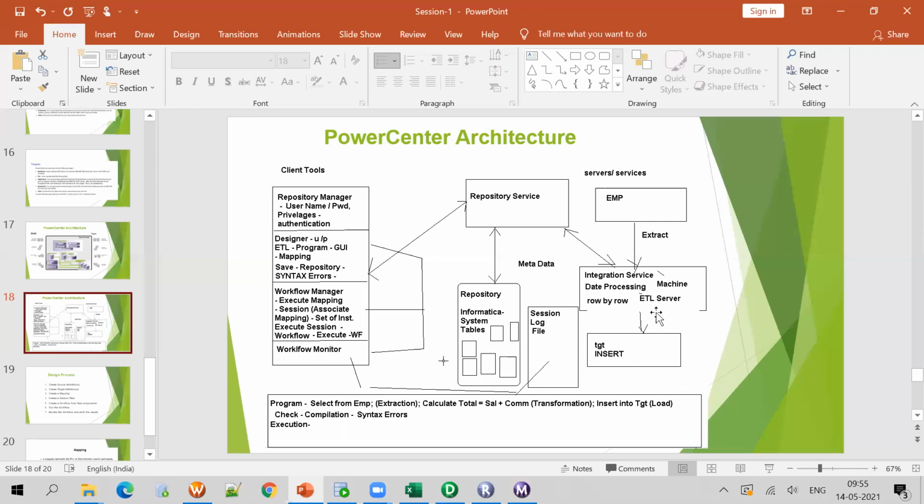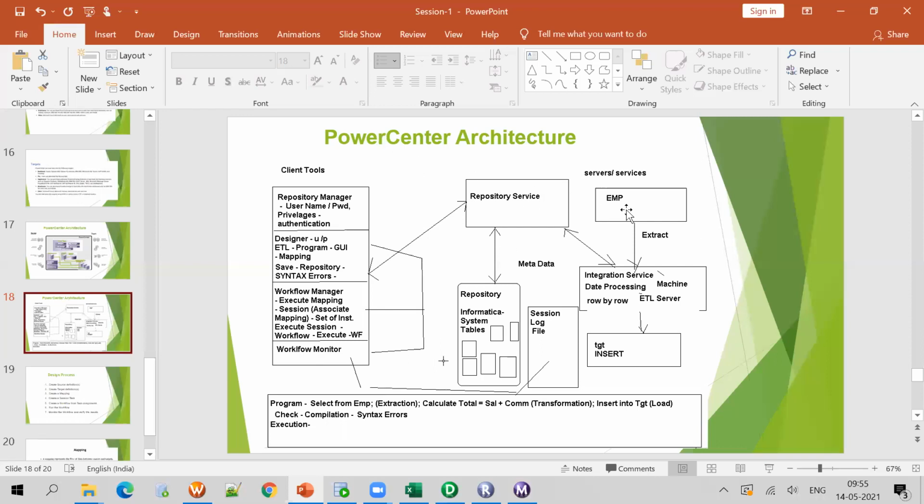So this integration service is located in the server machine. As I said, the server tools, the repository service and integration service, will be stored on the server machine.